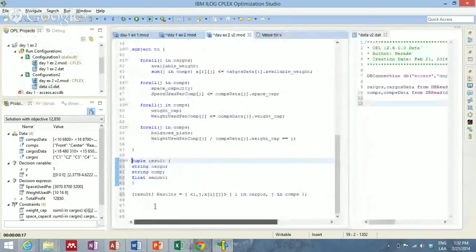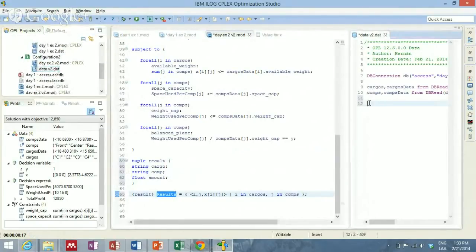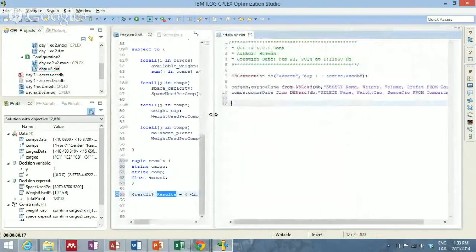Now I have a variable which has three dimensions: cargo, compartment, and amount. And that I have to send to the Access file. I go back to the data file and I say that the variable results has to go into the database, so db, and I'm going to update the database,